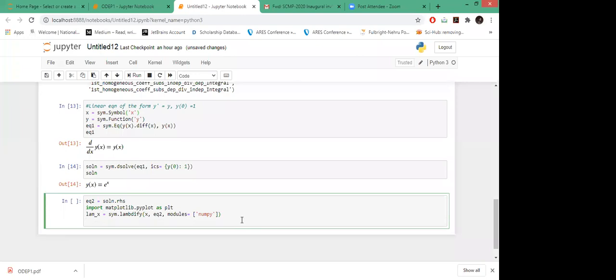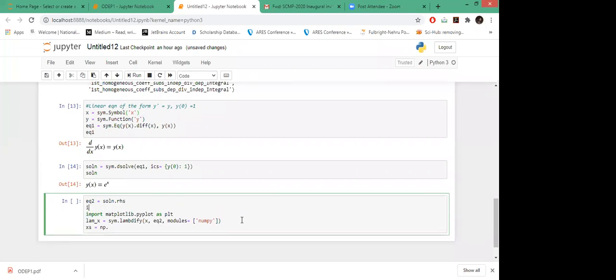So let's first define for what values I want to plot. Suppose my xs is np.linspace. For this I also need to import the library NumPy.